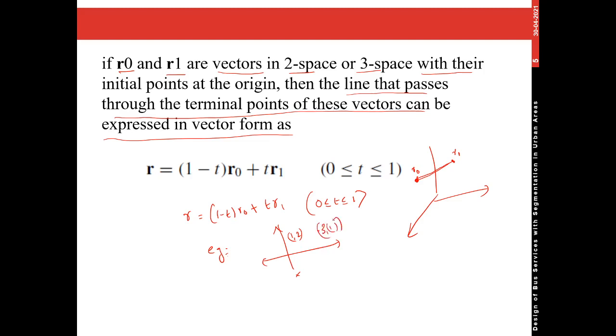So if you want to find the equation of the line joining the 2 points,